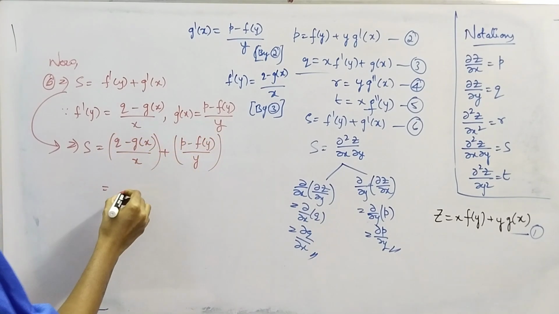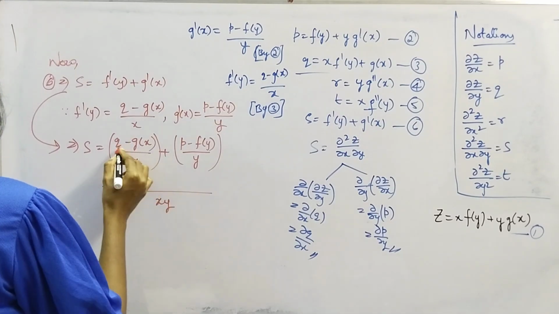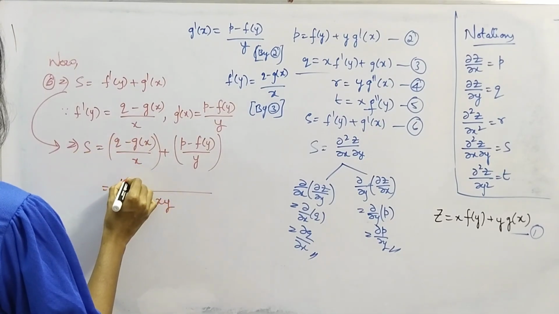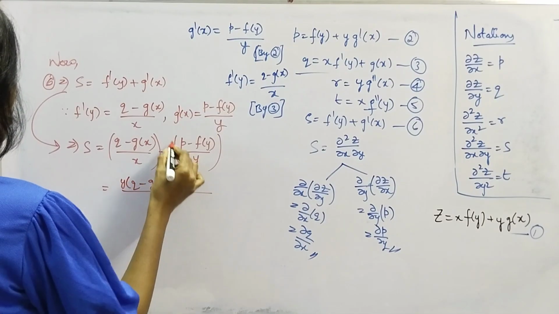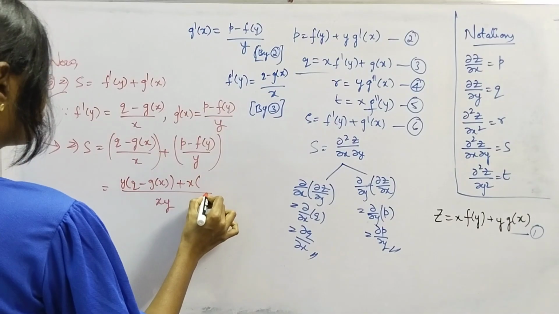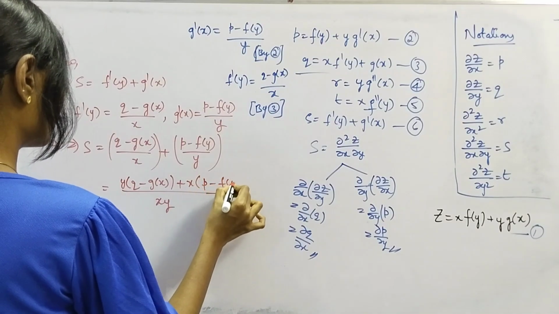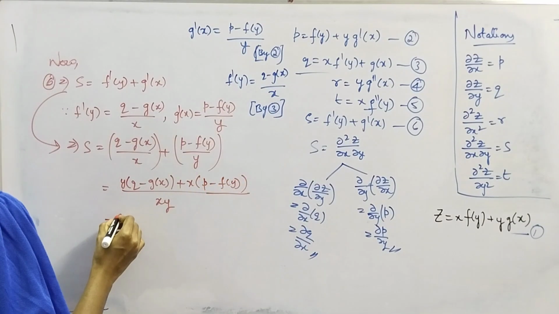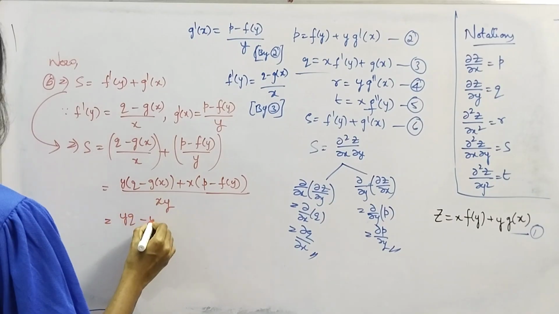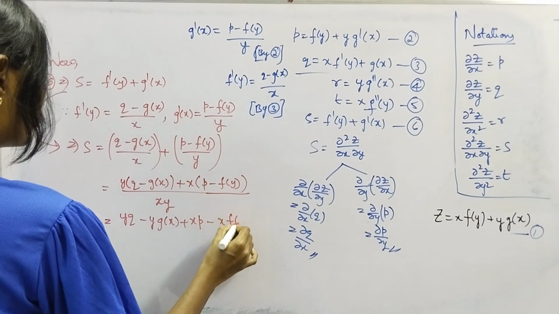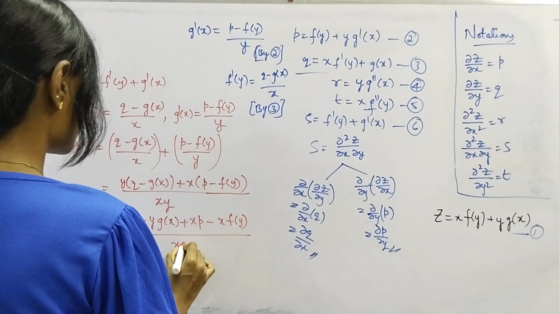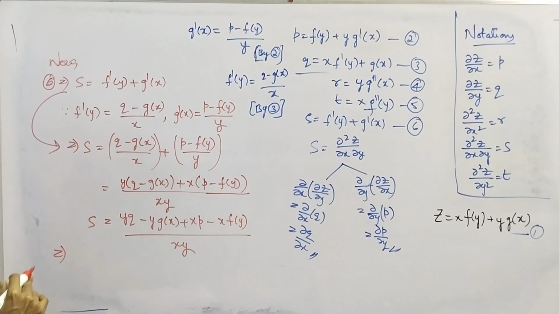Take the LCM of x and y, you'll get xy. In the numerator you'll get y times the numerator of the first term plus x times the numerator of the second term. This gives us (yq minus y into g(x) plus xp minus x into f(y)) by xy, right? Now multiply both sides of the equation by xy, or just bring this to the LHS, you'll get sxy equal to